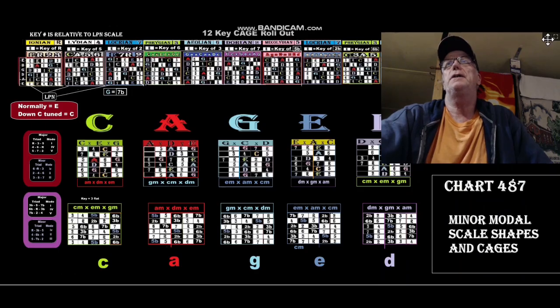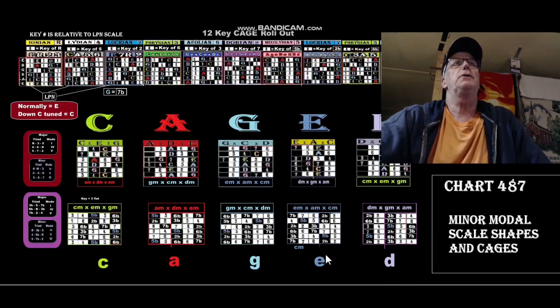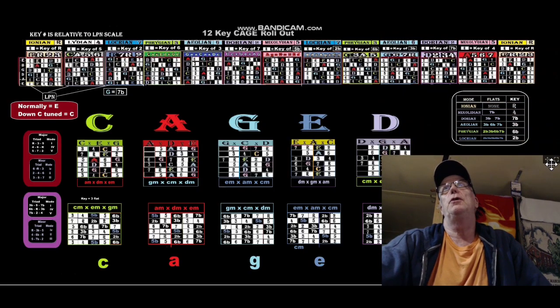Now, what we got is 487 here, minor modal scale shapes and cages. This is where it all started a few weeks ago, where I attempted to define minor cages, and I guess we realized that no matter how you define it, you've got pretty much the same fretboard that we're looking at here. Now this one's the 12 key rollout here, and we did have lessons on this,